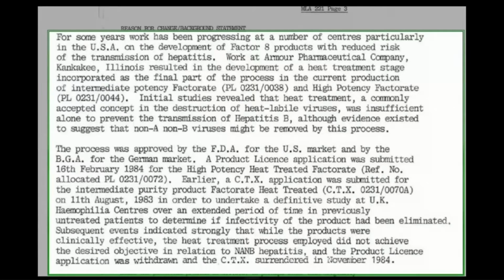Earlier, a Ctx application was submitted for the intermediate purity product factor 8 heat-treated on the 11th of August 1983, in order to undertake a definitive study at UK haemophilia centres over an extended period of time in previously untreated patients to determine if infectivity of the product had been eliminated. Pausing there, we'll look at some documents relating to that Armour study of its heat-treated material either this afternoon or tomorrow morning. Subsequent events indicated strongly that while the products were clinically effective, the heat treatment process employed did not